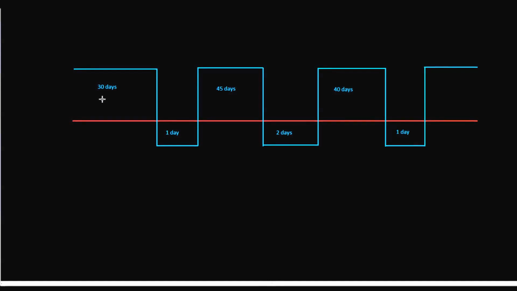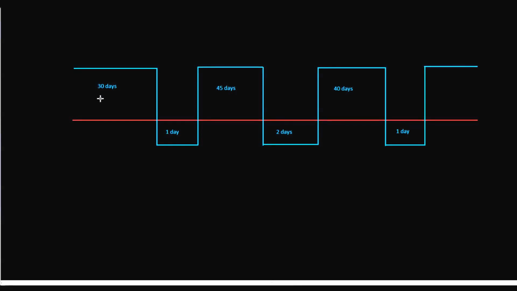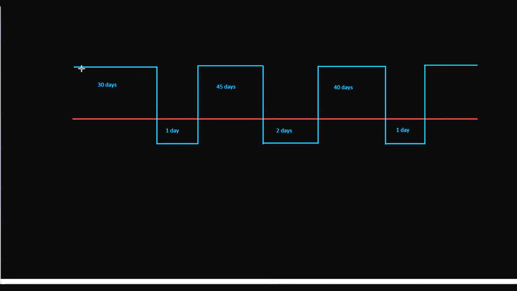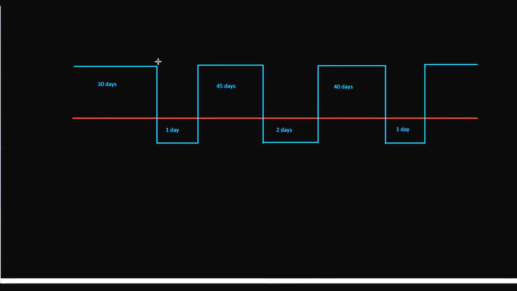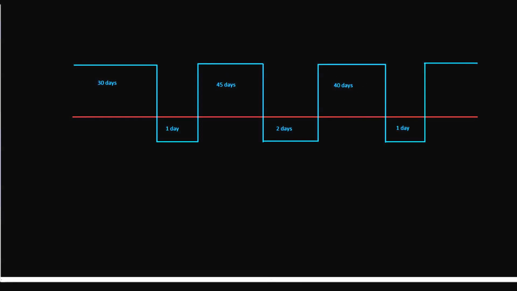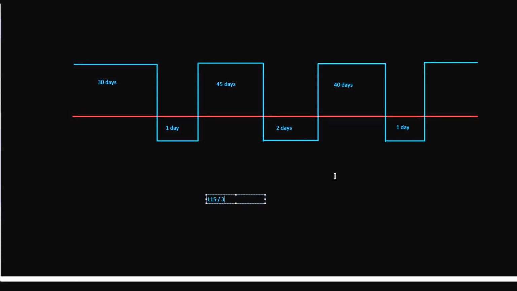So we have the mean time between failures, one of the most important indexes or indicators in the maintenance world, and the definition of this index is the average of all the uptimes, these 30, 45, and 40, divided by the amount of failures that happen in that period of time. So we have 30 plus 45 plus 40, which equals 115, divided by 3